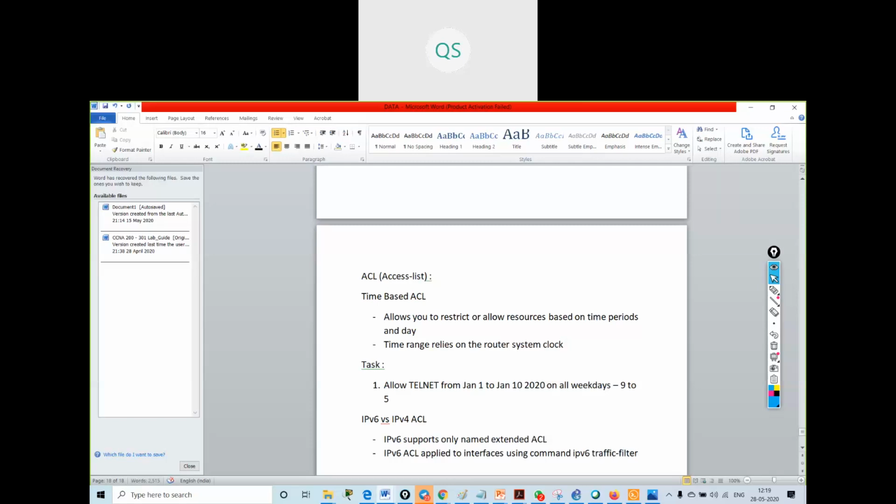In IPv4 we used to give the ip access-group command, but over here when we want to implement it we have to give the command ipv6 traffic-filter.